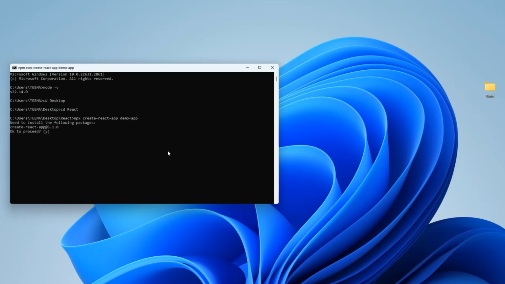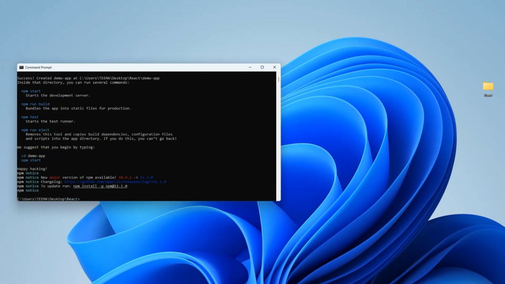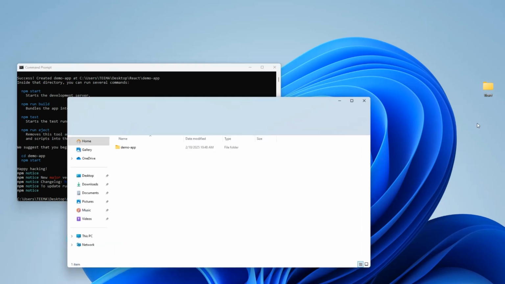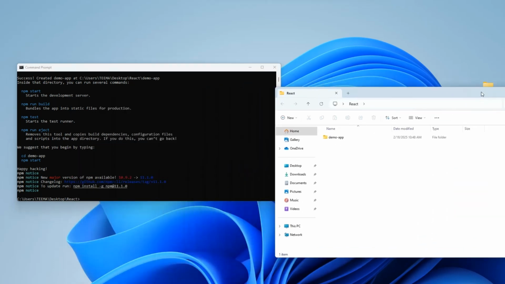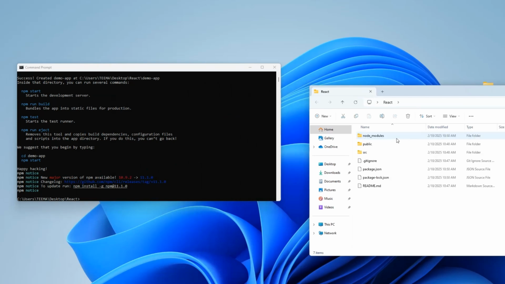Now it is going to download all that is needed to run React. Press Y for yes and then hit enter. This should take some time, but you just have to wait. And the installation is complete. Now let's open our React folder and you can see another folder, demo app, which is our first demo app. Now let's cd into our demo app